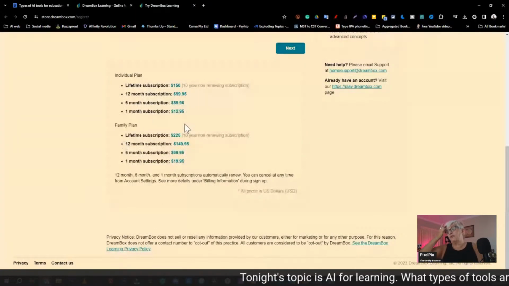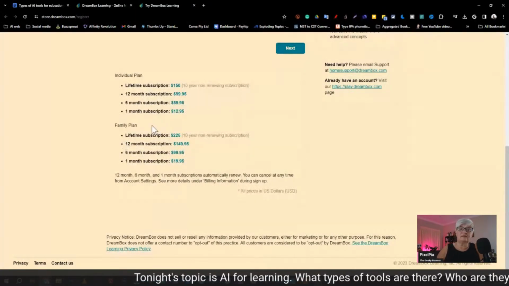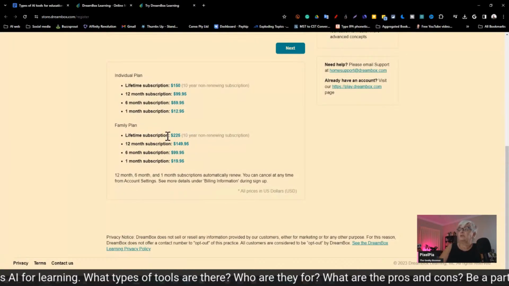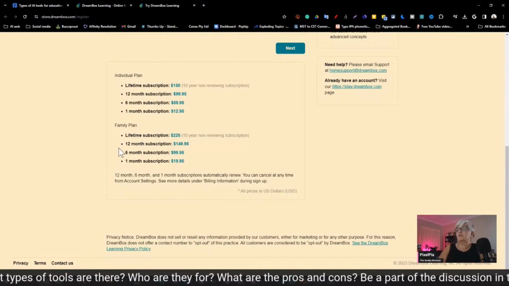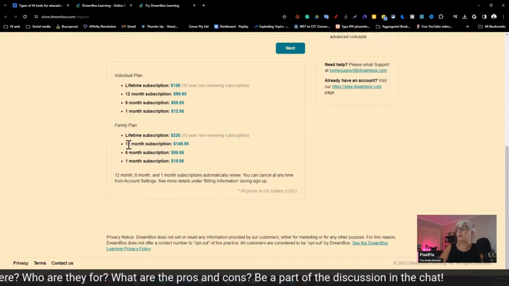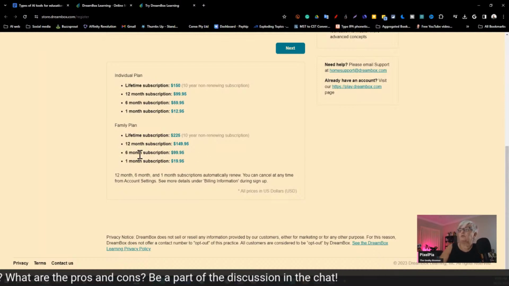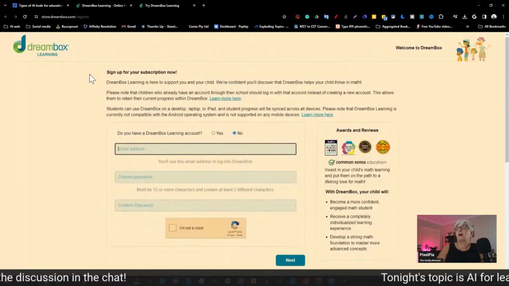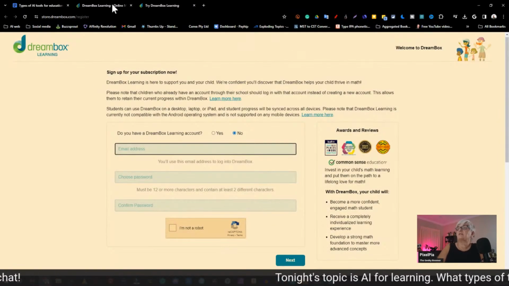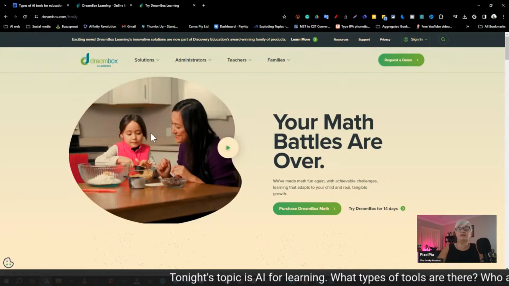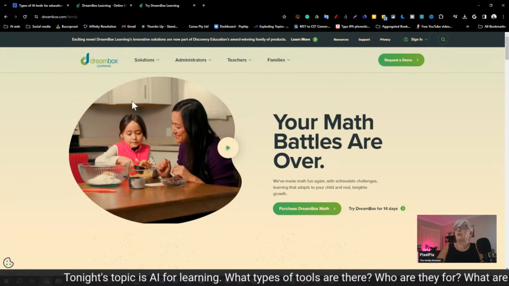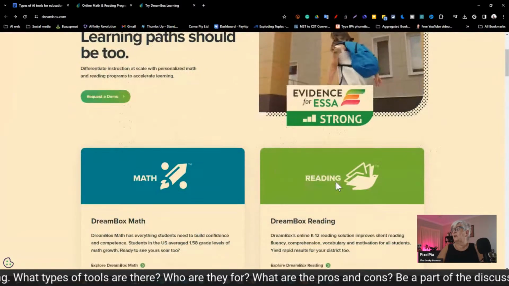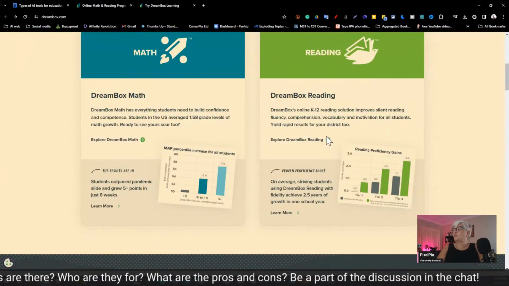And then we have a family plan. And I guess that is if you have more than one student in the family. $225 for 10 years, $150 for 12 months, $100 for 6 months, and $20 for a month. So I guess their thought is that if you need just a month for some extra studies, you can go in and buy this. Dreambox for reading